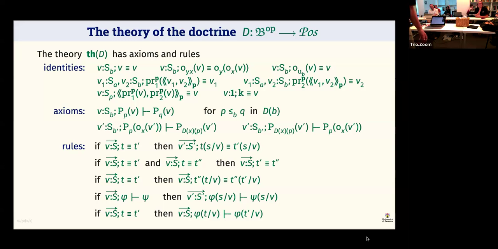And then the three properties for product, which say that the operation of the first projection applied to the pair gives me the first component, applied to the pair when it's the second projection gives me the second component, and when I pair first and second projection of something, I get that something back. It says precisely that